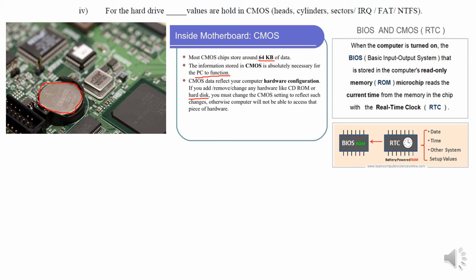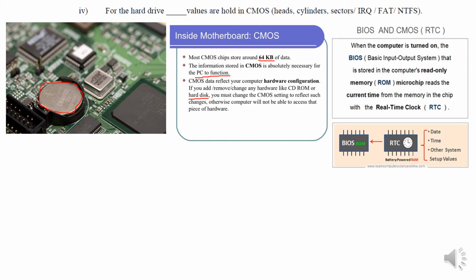In that case the BIOS cannot be changed. BIOS needs to be flashed using an electrically erasable technique, so we cannot do that every now and then. Whenever we install extra hardware, the settings need to be changed. Those settings are stored in the CMOS chip, so the BIOS reads from the CMOS chip what the current configuration is for the different attached devices like hard disks and